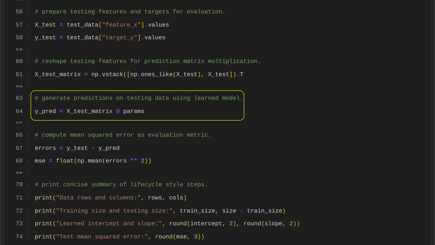To make predictions on the test data, we multiply the test feature matrix by the model parameters we learned during training. This applies the linear model to each test example. Using the previously calculated intercept and slope, this operation produces the predicted target values for all points in the test